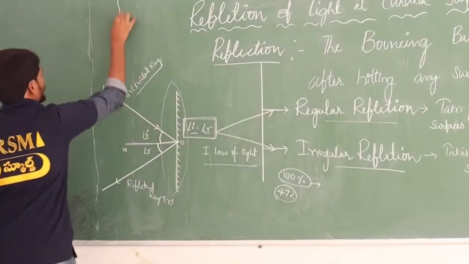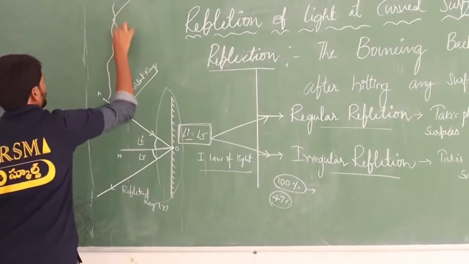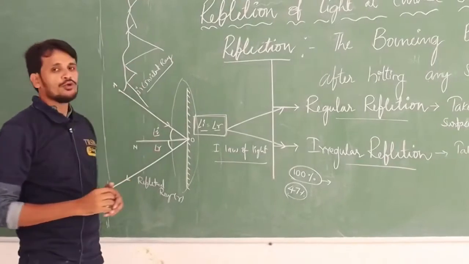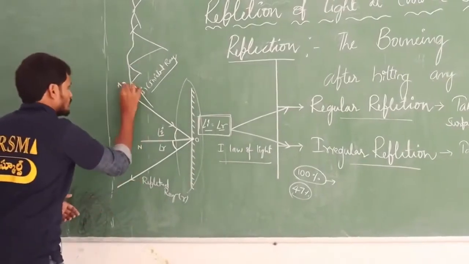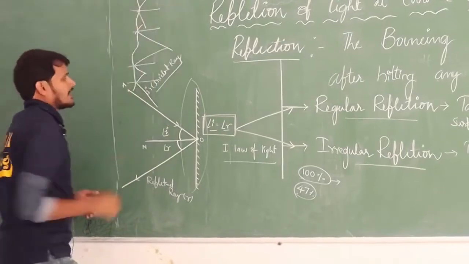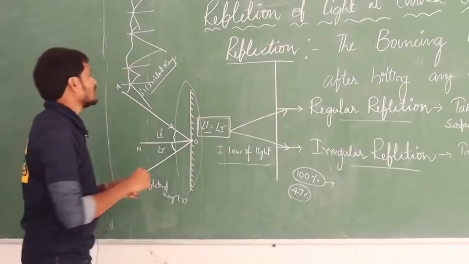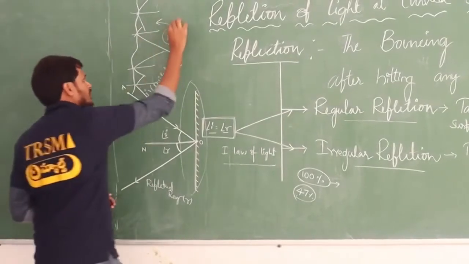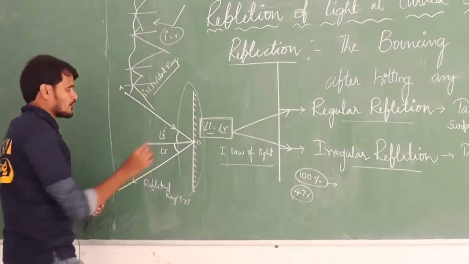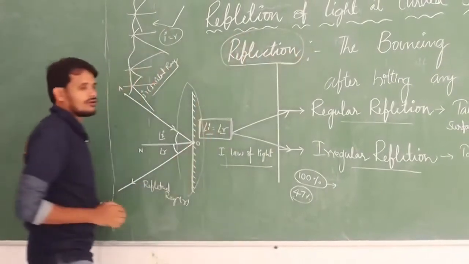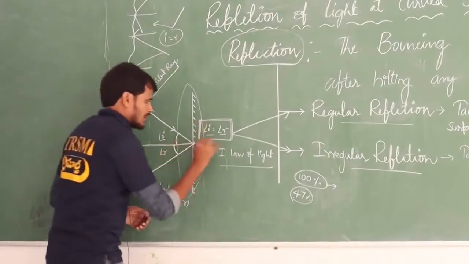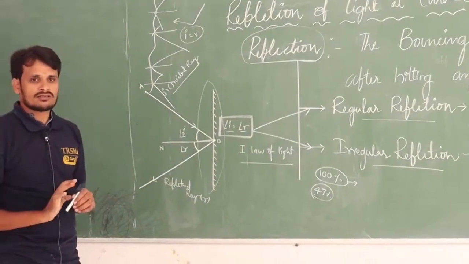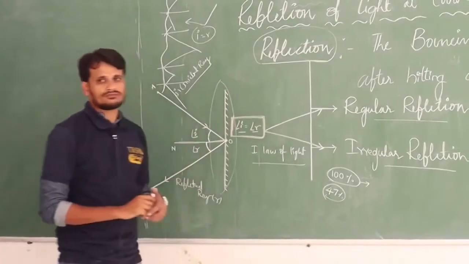For example, one surface is maybe like this. Maybe the reflection does not take place exactly in a uniform manner. So here should we consider the angle of incidence and angle of reflection? Absolutely. So are they equal? Is I equal to R possible here? Sure, definitely I equal to R is possible. Why? Because if you are talking about reflection, I equal to R is mandatory here. There are no exclusions, there are no other theories. If you are talking about reflection, that is nothing but I equal to R.